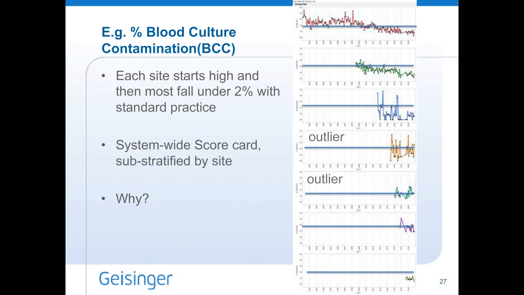But it can show you how history changes and how compliance to standard guidelines can drop things here in the purple. And then we finally picked up a hospital that was as good as or better than all of us with our last integration. So it's really important to substratify these, keep a hospital-to-hospital scorecard, because especially if you're going to be trying to push laboratory value as a part of these sepsis survival guidelines and things of that nature, you need to have your background data in a row.